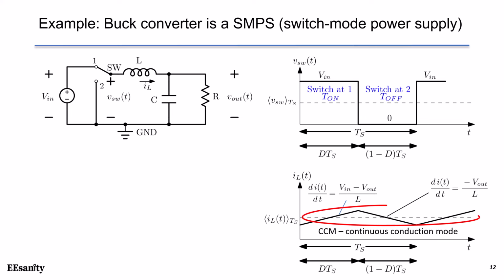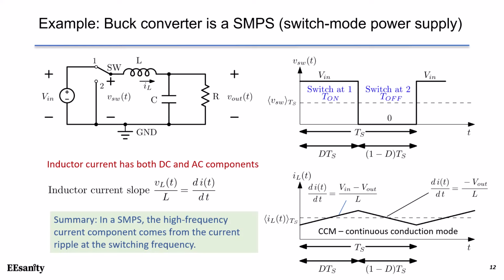Actually, the inductor current consists of both DC and AC components. People often call this type of AC current ripple current. In this ideal buck converter, the ripple current depends on input voltage, output voltage, and the inductance. Note that at steady state, if the inductor current never goes to zero, it is in the continuous conduction mode, or CCM. In summary, in a switch mode power supply, the high frequency current component comes from the current ripple